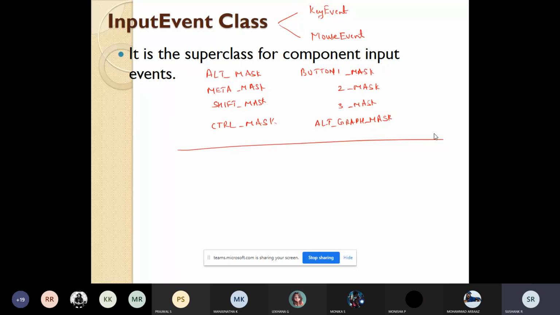Instead of MASK, it was replaced with DOWN_MASK. So these were the extra modifiers that were added.